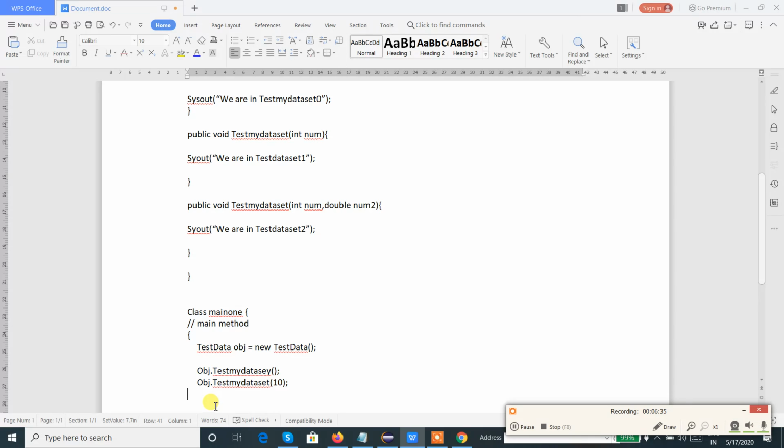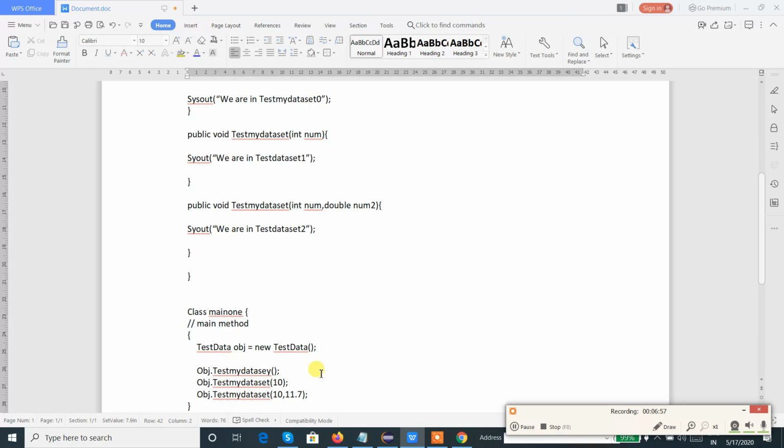Third one is that same object dot test my data set with two different parameters. What are the parameters? One is a number, another one is a double, so 11.7. Yes. So all three methods got called over here.